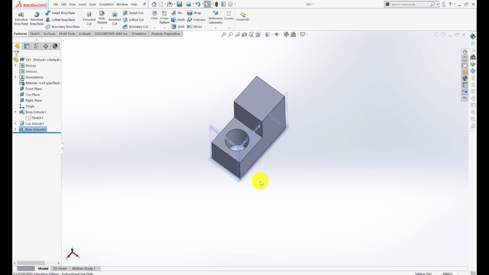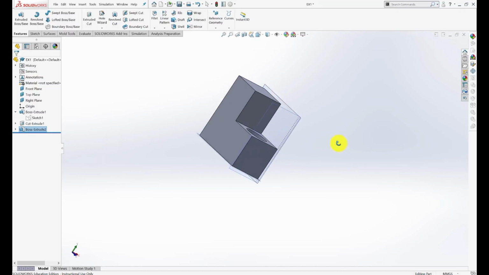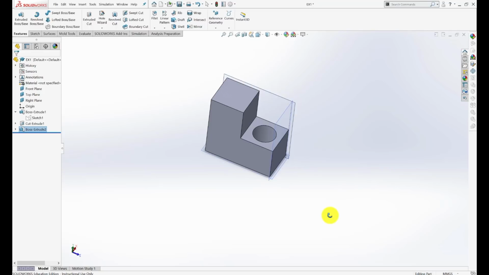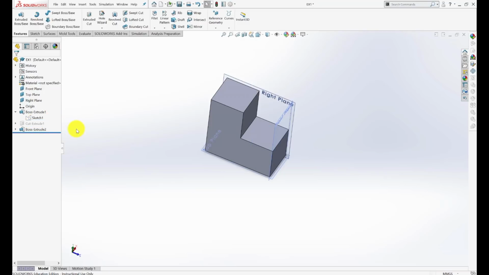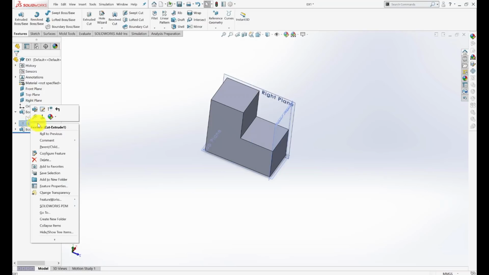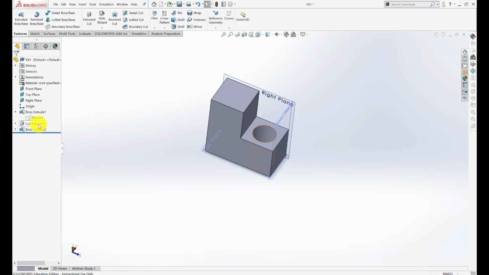Okay, so I'm turning that back into my solid and I'm taking it. Okay. All right, one more thing I want to say here. We would use the design tree to help us turn on and off features, and we can do that by moving this blue thing. Okay, if I move it up here, for example, it eliminates everything that has gone on underneath it, and then I can get it back by moving the bar down. Or I can go to a feature such as this cut, and I can right-click on it, and I can suppress it and make it go away. It's still there. I can bring it back anytime I want, but